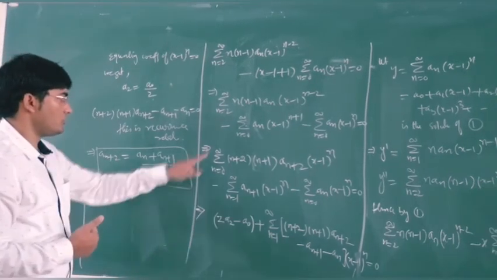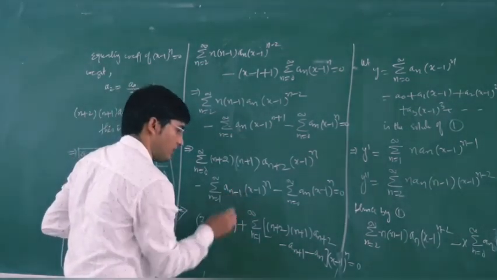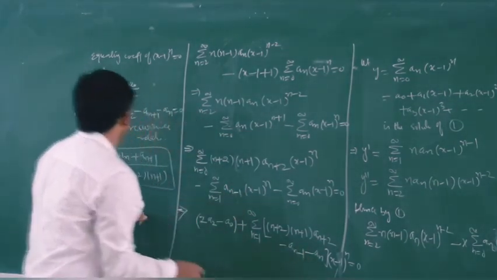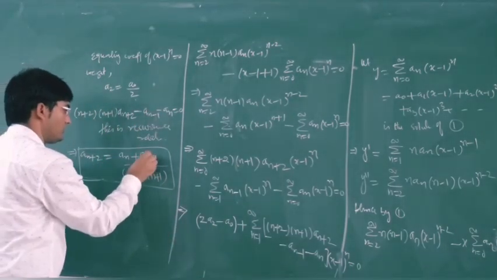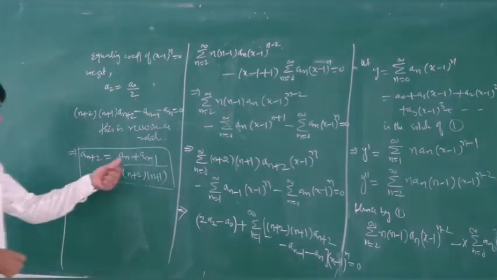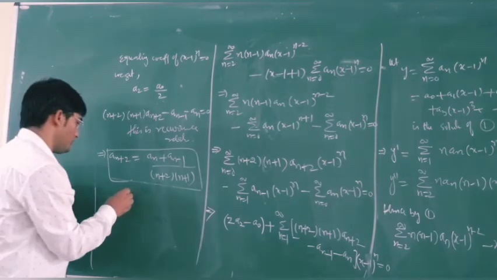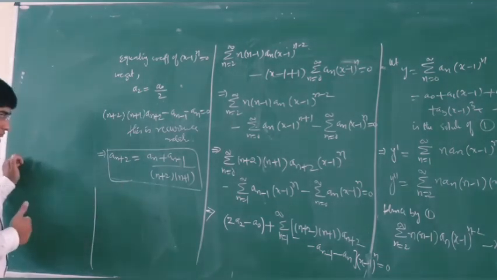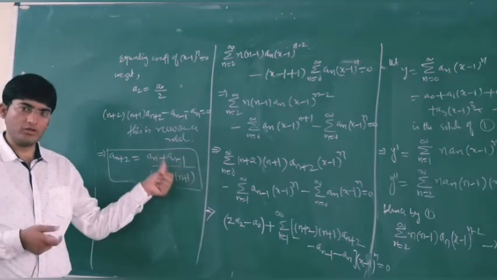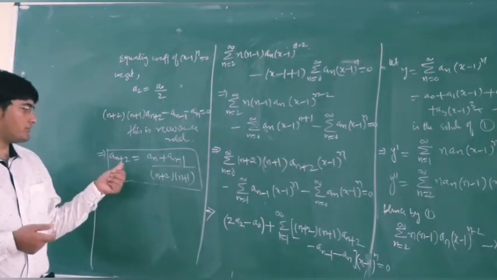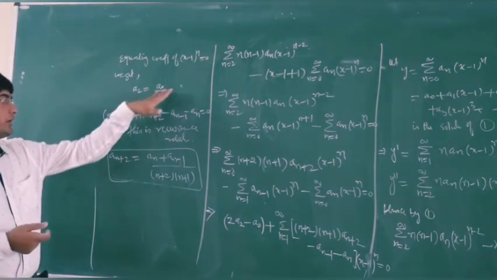Here we have made a mistake. We have replaced our n by n minus 1 here, so this will be your a n minus 1. So we have here n minus 1. Okay. Now we can put the value of n from 1 to infinity. If n equal to 0, we cannot put n equal to 0 here because we will get a negative coefficient. So we cannot get the value of a2 from here, and we have already evaluated the value of a2, which is a naught by 2.